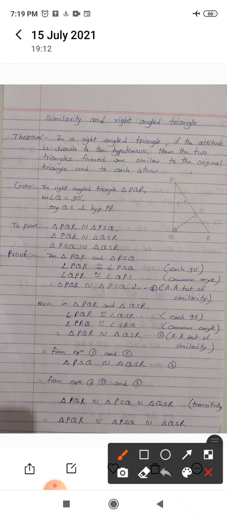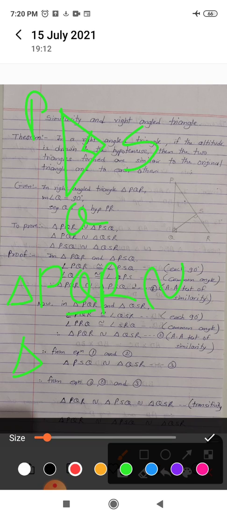Then select this upper triangle. It looks like this. So in this triangle, this angle S is 90 degree. So let us create the one by one correspondence. The name of the first triangle is triangle PQR. Always take 90 degree at the middle position. First take 90 degree. So in the original triangle, the 90 degree is at the middle position. So here I am writing down this 90 degree at the middle position.